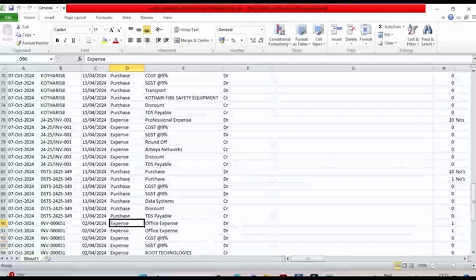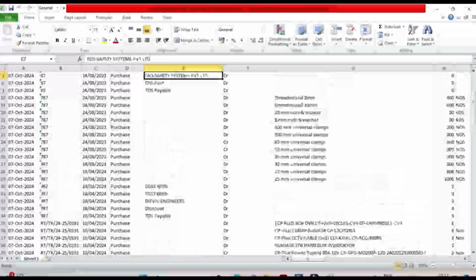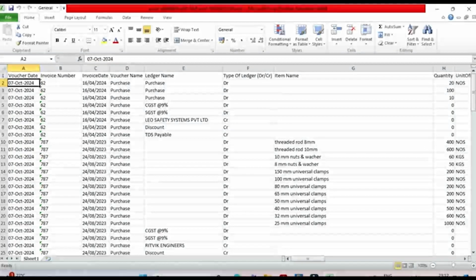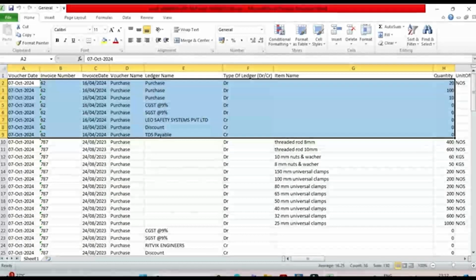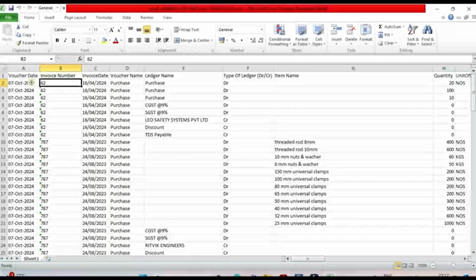So we can see the result for our first invoice, which we just saw. In this result we have voucher date. Voucher date is nothing but the date on which we process the invoice into our tool, EasyDATA. We have invoice number, which is from the invoice.